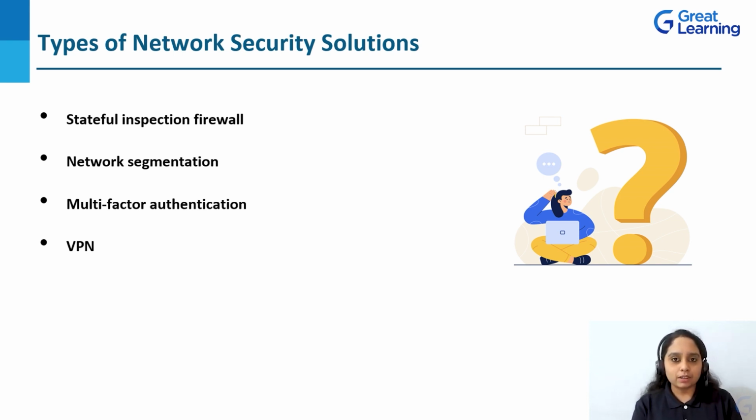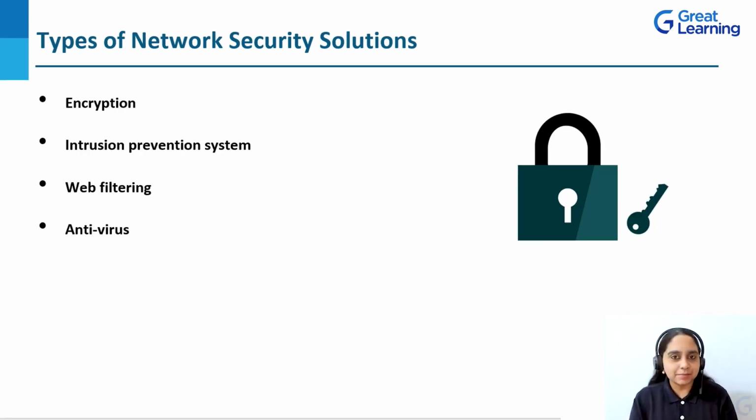So, multi-factor authentication can be in multiple steps. Initially, you have to enter your username or password. In the next step, you have to enter the OTP that you received to your mobile phone. Later on, a fingerprint verification and so on. VPN is virtual private network. VPN is a secure private network that allows the user to send data from a device to a network over the internet.